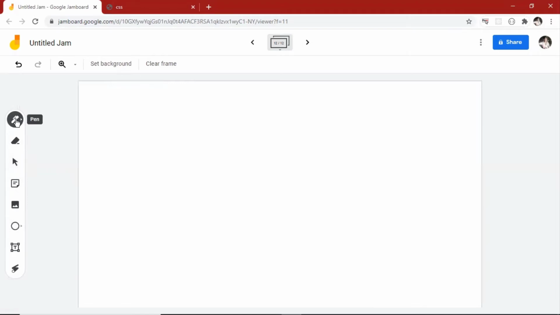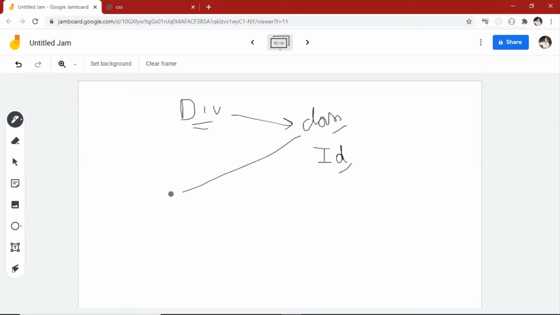So now we will talk about divisions. Divisions are very useful to create classes or ids. The difference between class and id is that there can be more than one class, or one, but an id can always be only one.